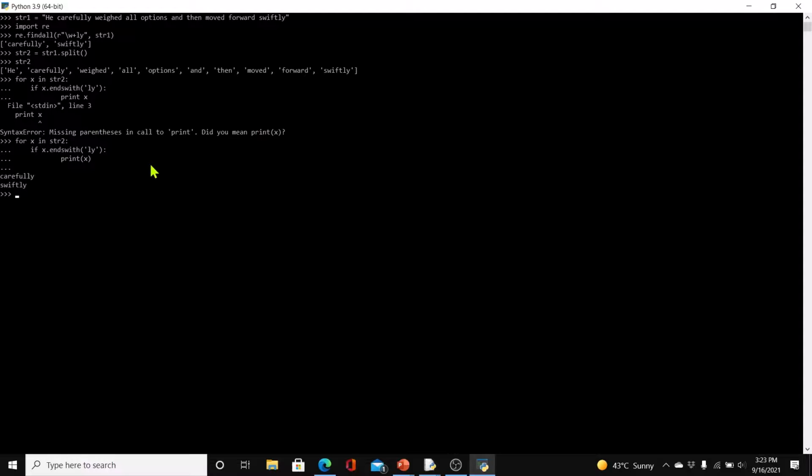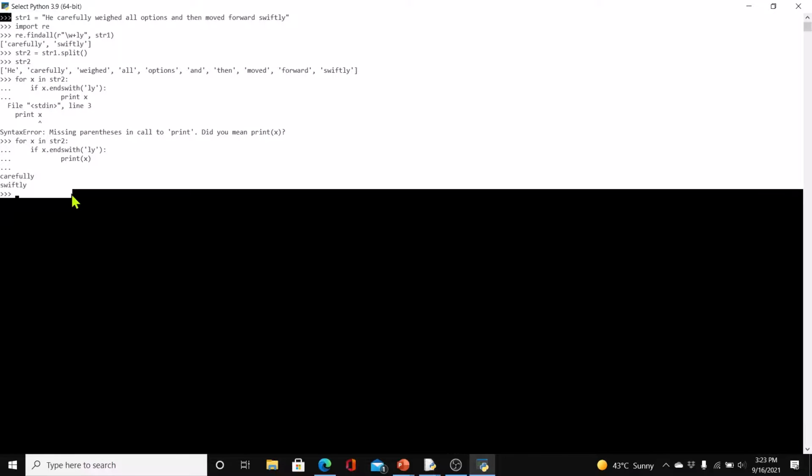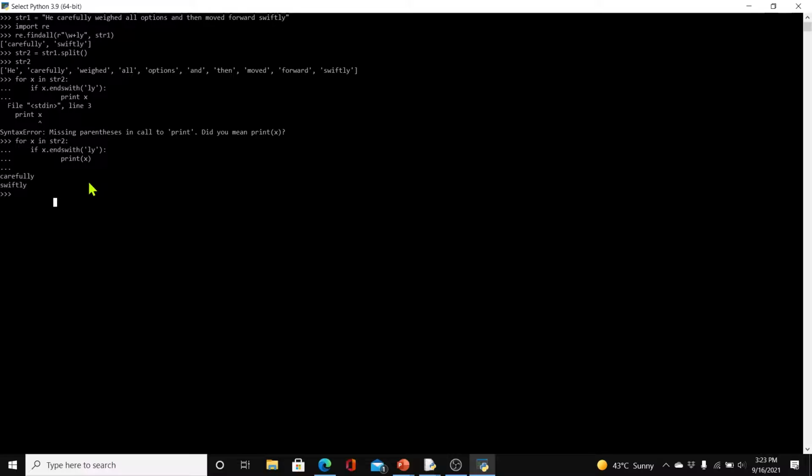Now I'm not going to write the script. I'm sure you can figure this out. All you need to do is either use regular expressions or use endswith. If you want to save this, you know what to do. You can just select all of it and save it in Notepad. Control C to copy it, and then Control V to paste it into that Notepad file. Okay, moving forward,